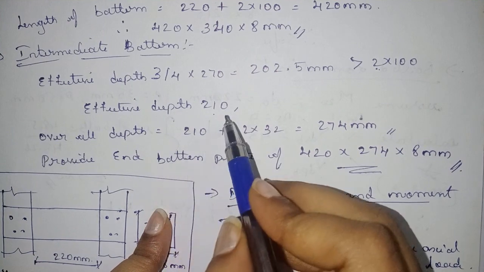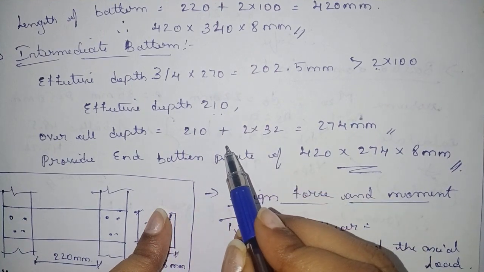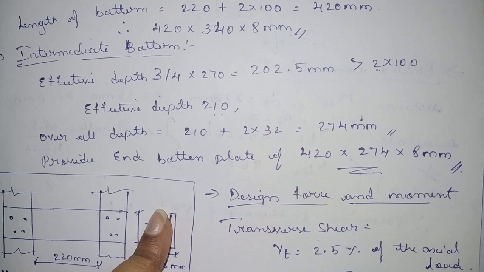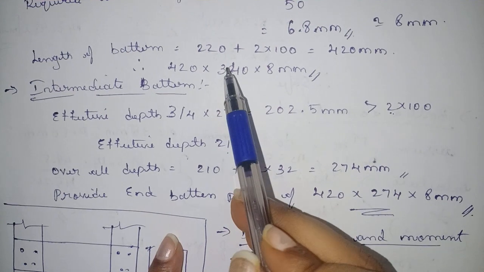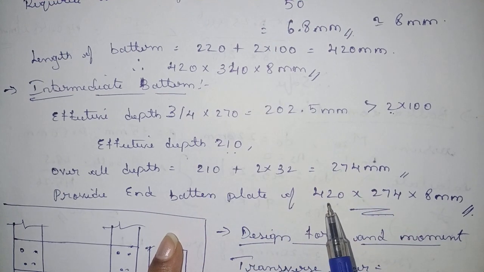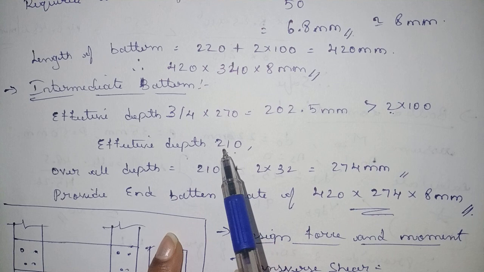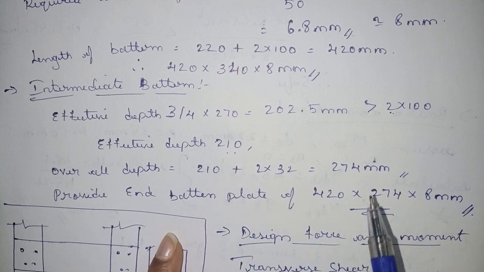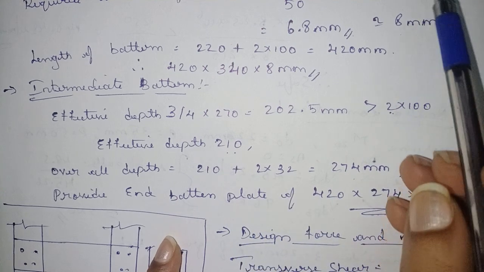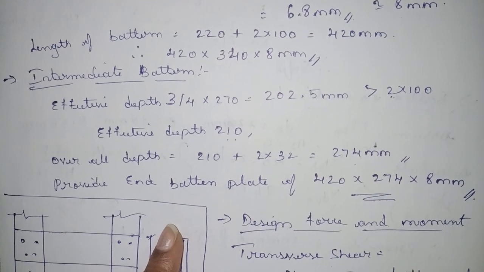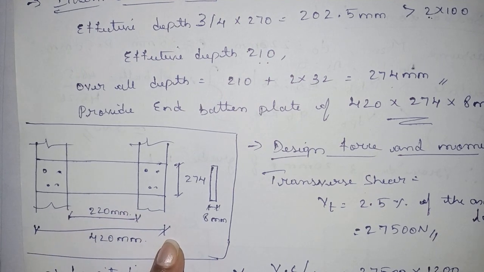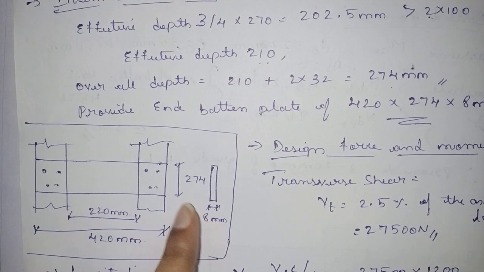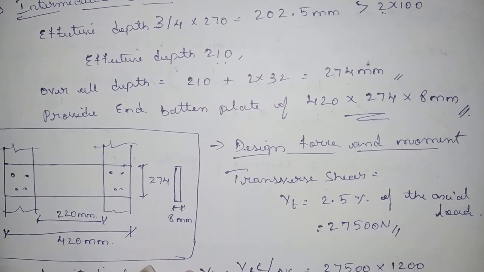Now we'll calculate the overall depth. You got an effective depth here plus 2 times the edge distance. So that you will get this. Okay. So the length will not change because the dimensions are the same. You will get the same length. Multiply by 2. 274 is the overall depth into 8. The 8 also will not change because these dimensions are the same. Thickness. So we have taken 8 mm as the thickness, and the height is 274 overall.